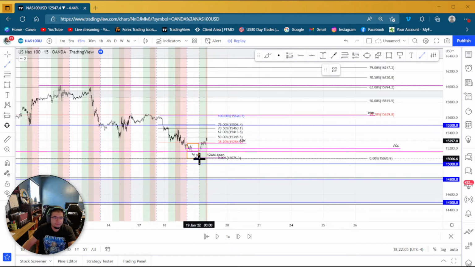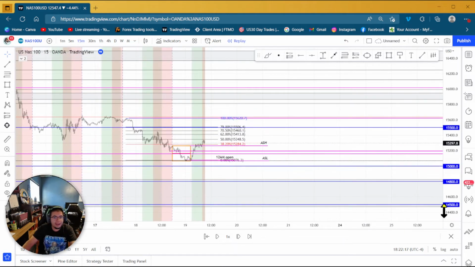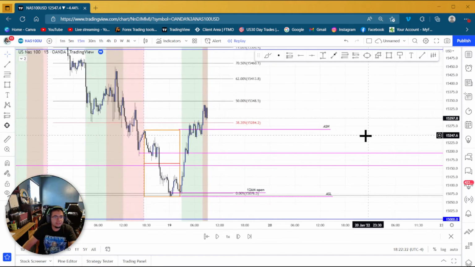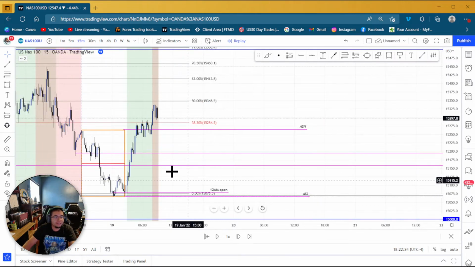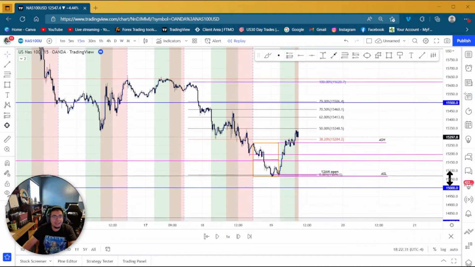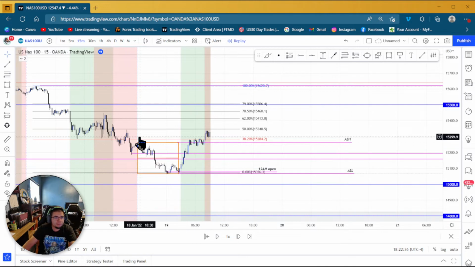Asian session low. Okay. So from here, guys, there's something that could happen. Market's about to open. The 12 a.m. opens right here. Well, this is a good area to kind of just short it because it's already kind of high at the 30%. So what we can look for is an area where